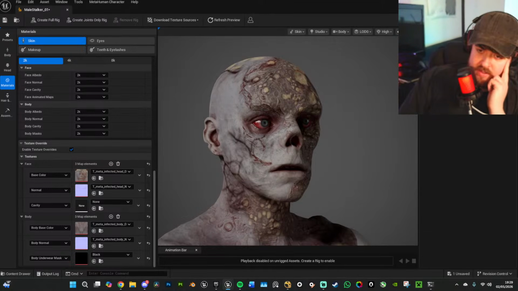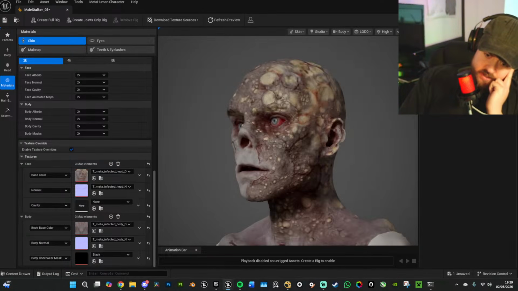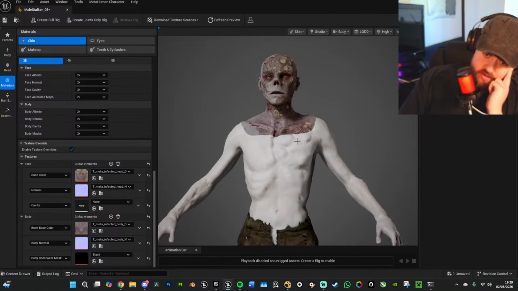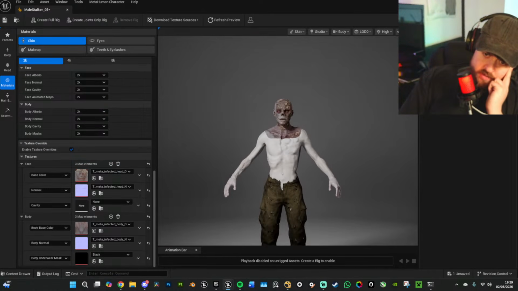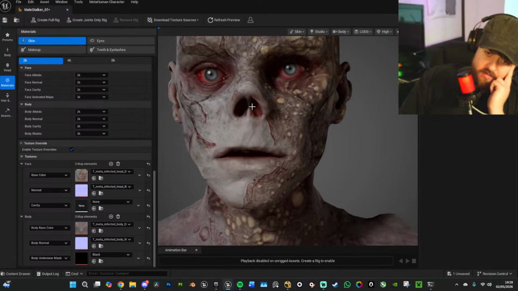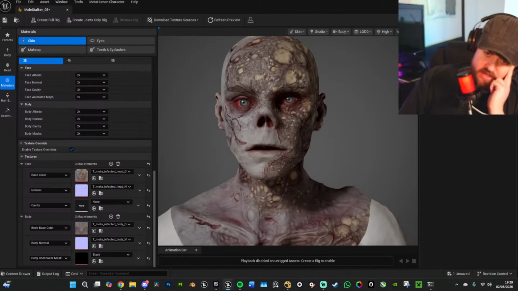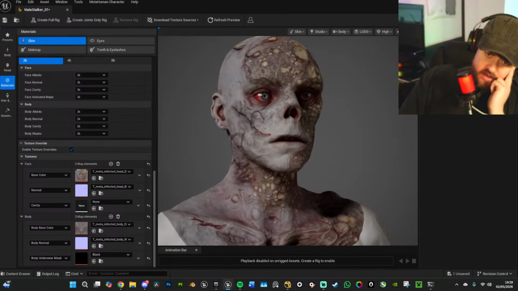Look at reference for the stalkers in terms of the colour of the fungus. Do the same for the body. And I think this all combined with... I can have a stem come out of here. I can have a stem come out of his nose. I can have some stems come out of his ears. And then